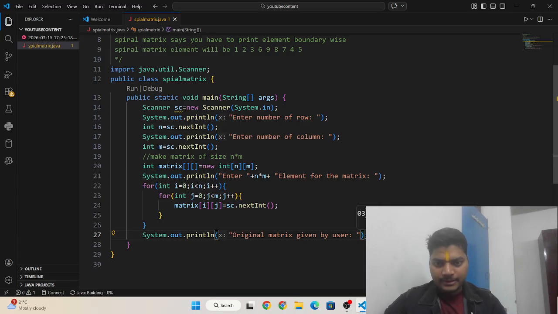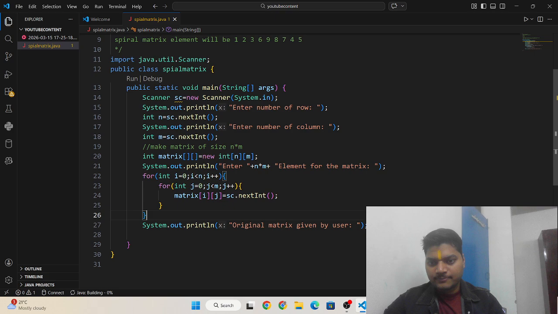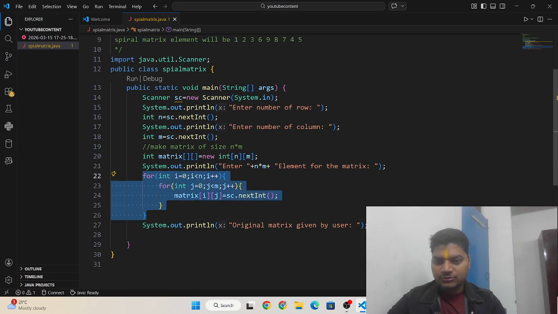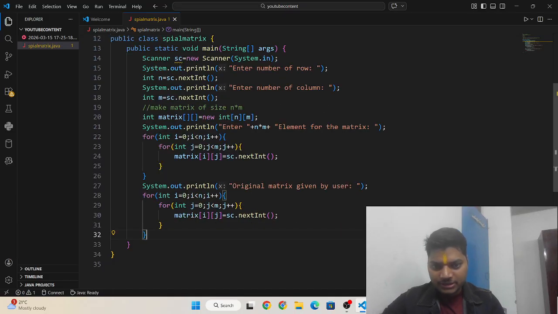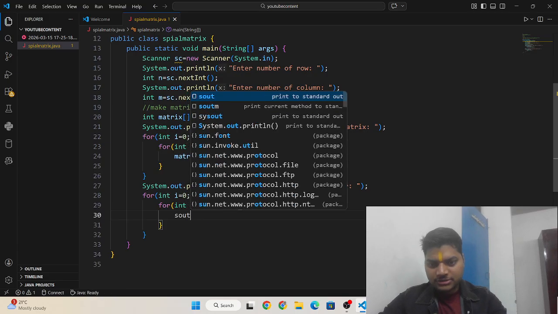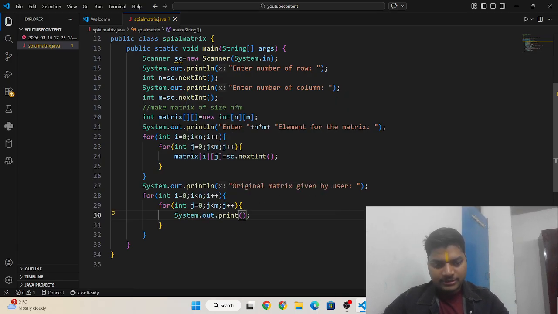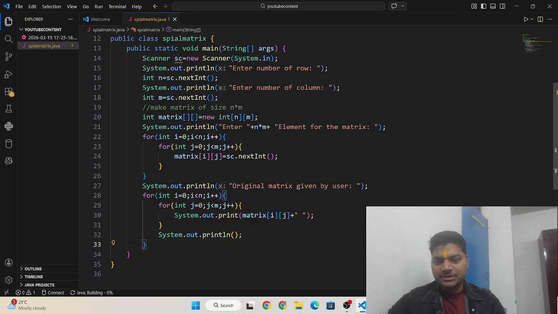Okay, and then I need to print this, I need to copy it and paste it here. I am just changing what I need to change: system.out.println, and then here I need to write this matrix, with one space, so that after printing a row element it can move to the next element.